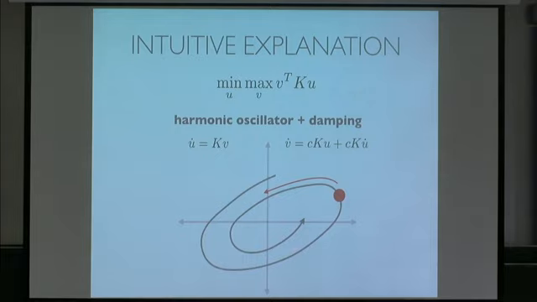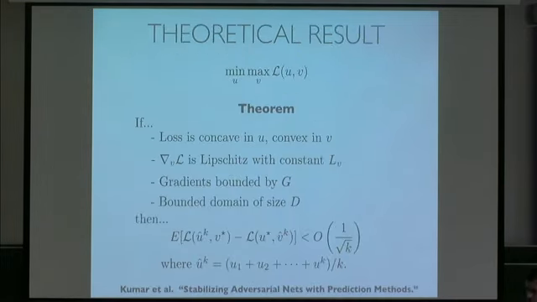So I think this gives a sort of intuitive explanation for why these things might work. If you look at these from a dynamical system perspective, it turns out that that prediction term gives you damping in this oscillation and allows the method to converge on these sorts of bilinear saddles. So that's a not so rigorous way of looking at what happens in the limit as the step size goes to 0. It also doesn't really account for stochasticity, and so we can actually prove a more rigorous